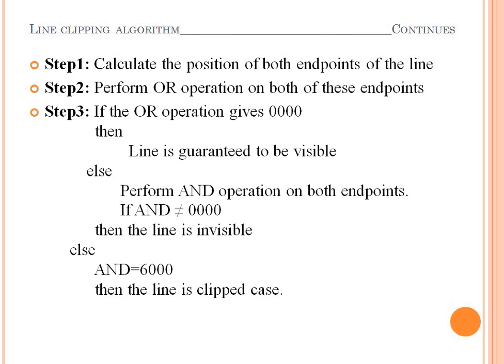Then step number 4 is check for visibility. If the region code for both the endpoints is 0, then the line is completely visible, hence draw this line. If the region code for both the endpoints is not 0 and the logical AND of them is non-zero, then the line is completely invisible, so reject that line. If the region codes do not satisfy these conditions, the line is partially visible. Then the fifth step is to divide the partially visible line segment into equal parts, and repeat steps 3 through 5 for both the subdivided line segments until you get a completely visible or completely invisible line segment.